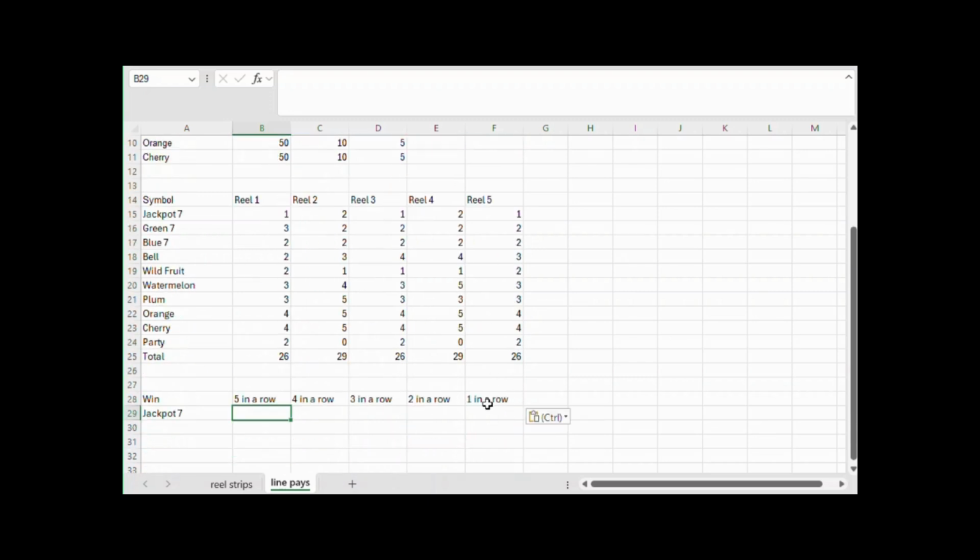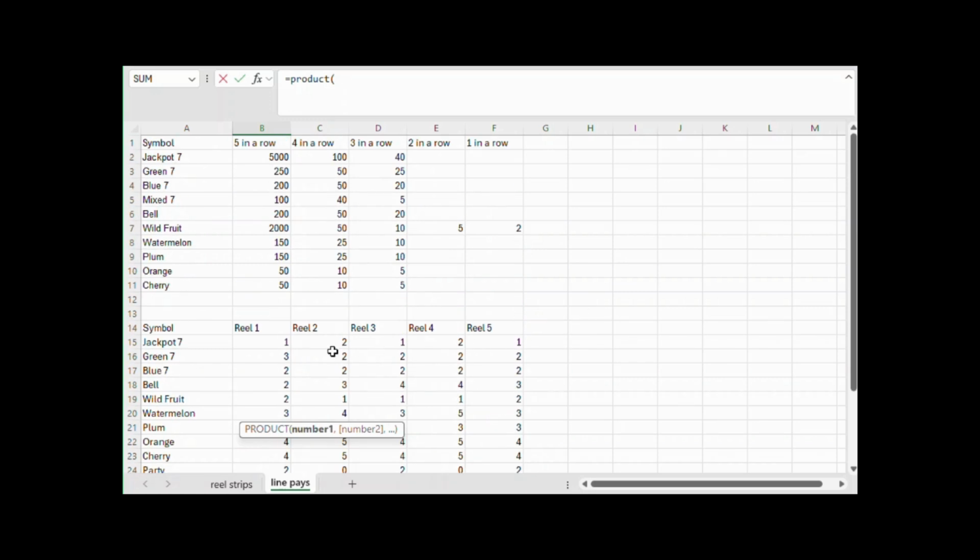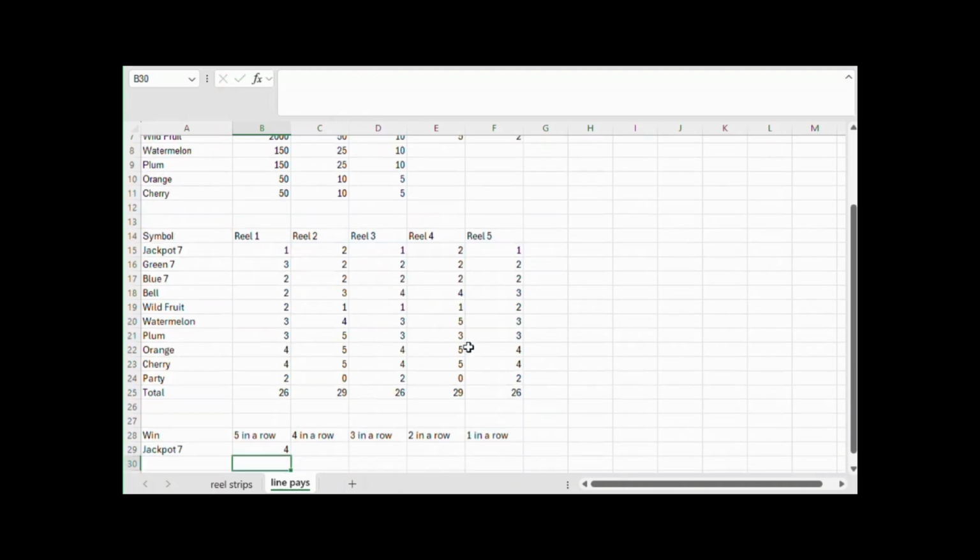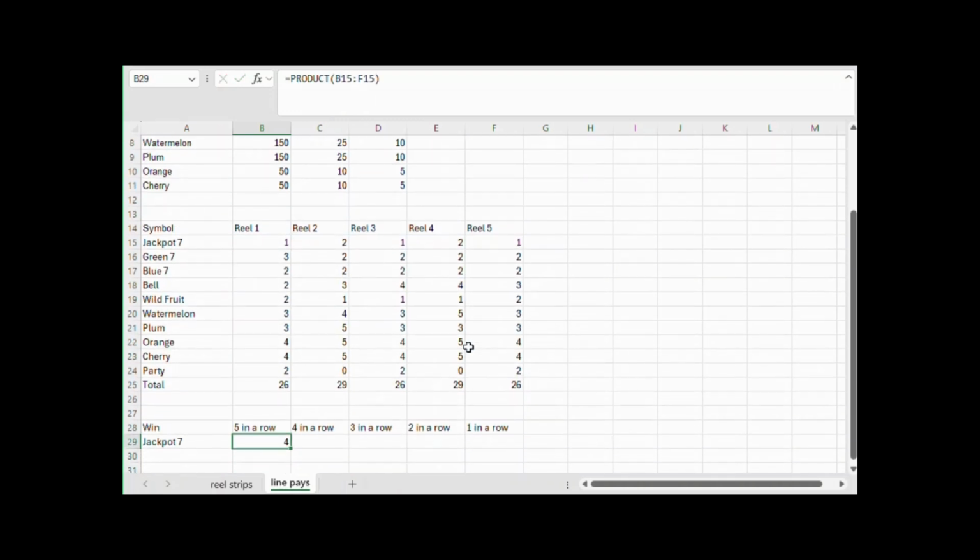simply the product of the number of times that it occurs on each reel. So it's going to be 1 times 2 times 1 times 2 times 1, which equals 4. So there are 4 ways you can get 5 Jackpot